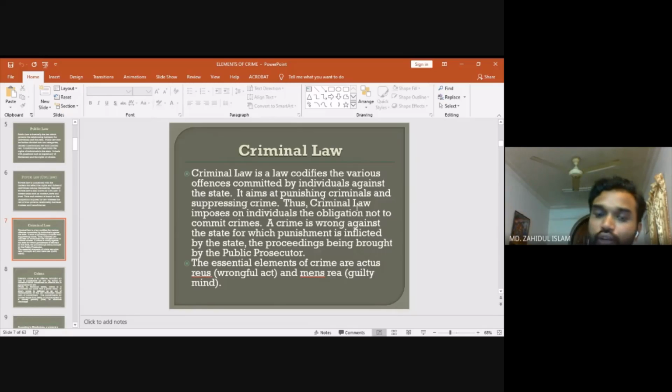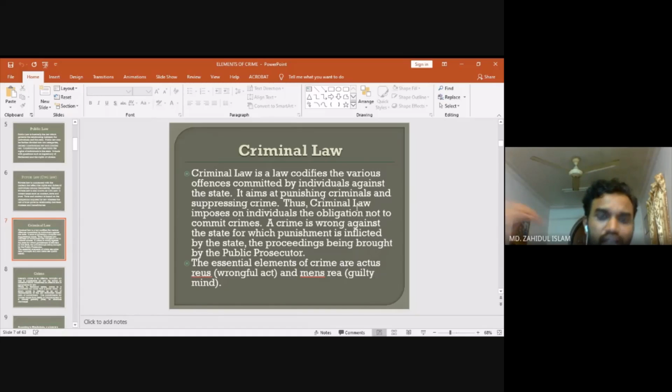So under criminal law, if I commit any crime, it is considered that I am committing this crime against the state. For example, if I kill someone, or rape someone, or injure someone,